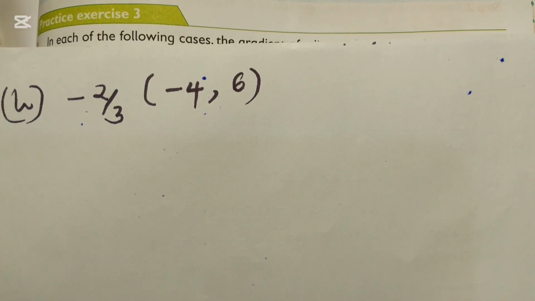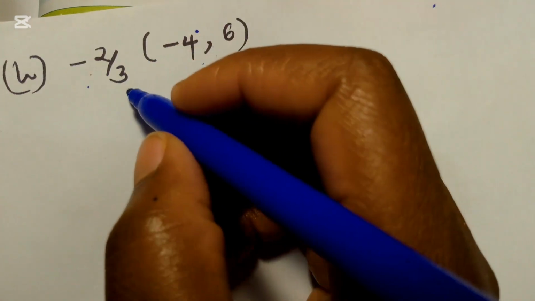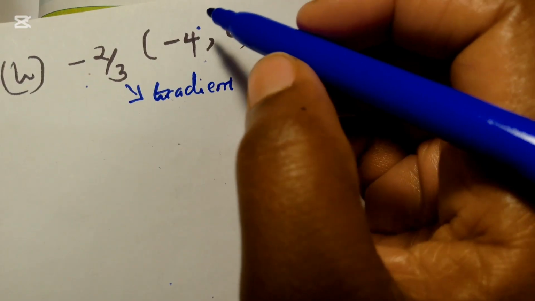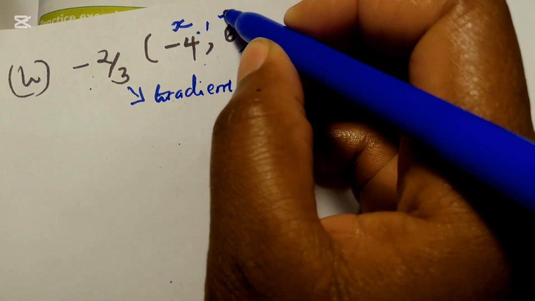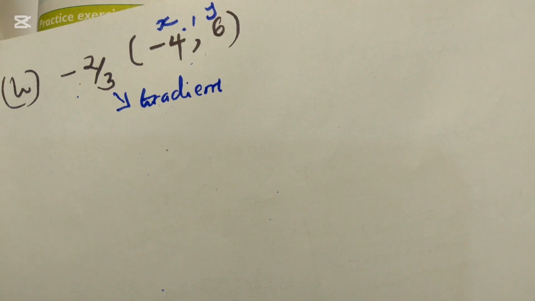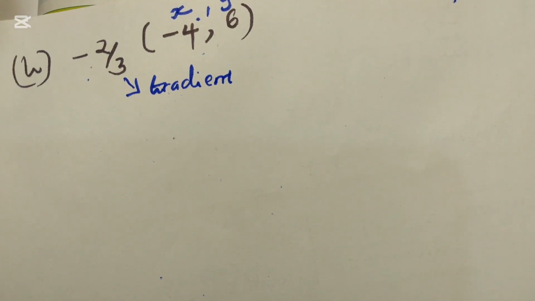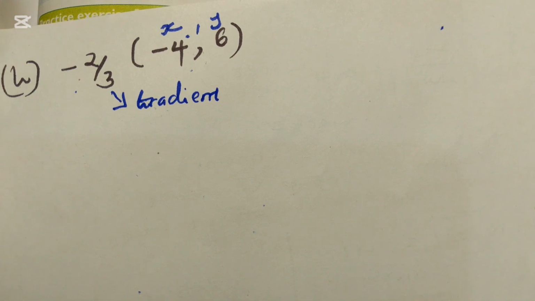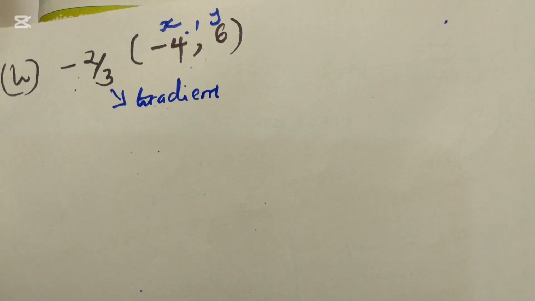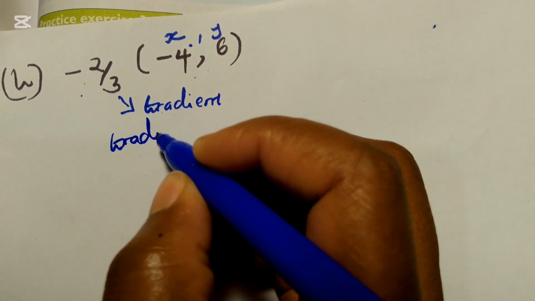Let us do this. As we said, identify the gradient, and then we have a point x comma y. Always write x, y. Don't assume that you know, because at times you might be confused, and instead of replacing for x, you replace the y. So just indicate that this is the x and this is the y, to make it simpler. So as we said, gradient is equal to